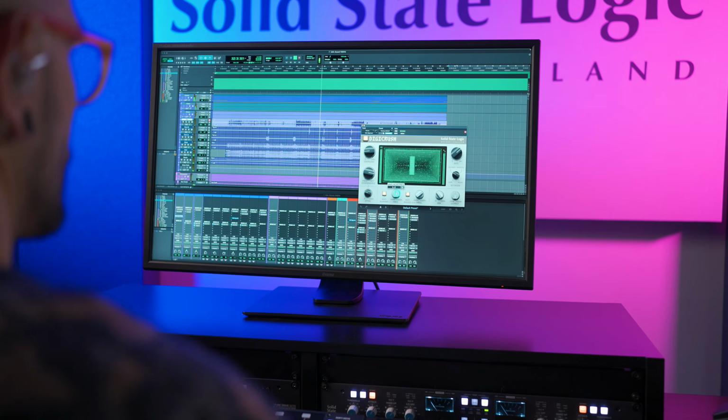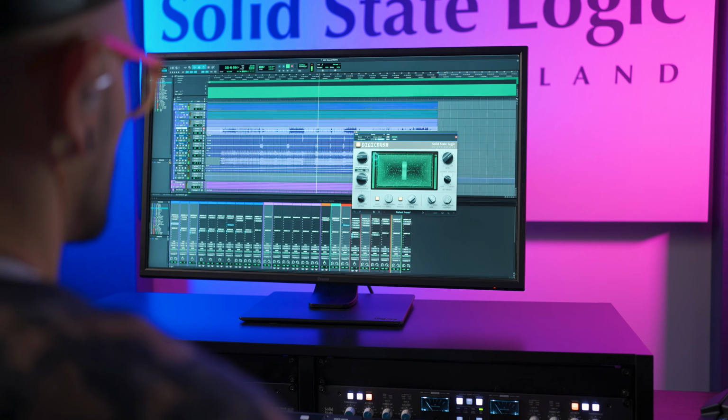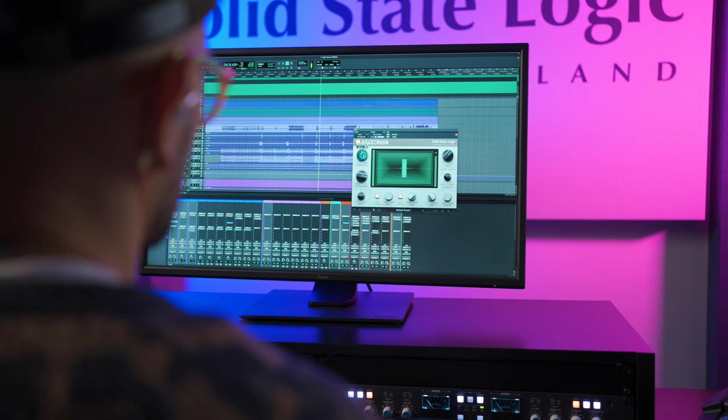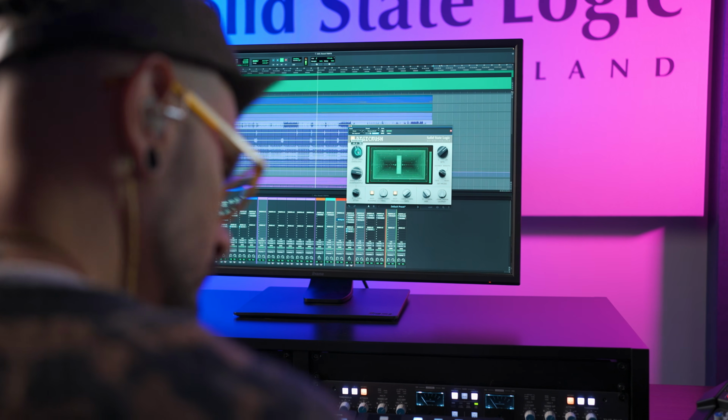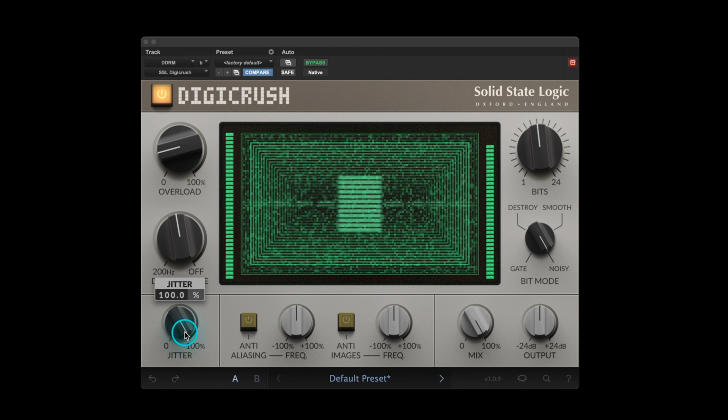So, brand new from Solid State Logic, I'm super pleased to share with you Digicrush, a deep and unique plugin that delivers the gritty, lo-fi character of classic digital distortion, perfectly emulating the degradation and artifacts of early digital audio. Digicrush features a range of controls to shape the distortion effect, with built-in jitter, adjustable bit depth, sample rate reduction, along with anti-aliasing and overload controls to take your sounds from clean and punchy to gritty and crunchy with